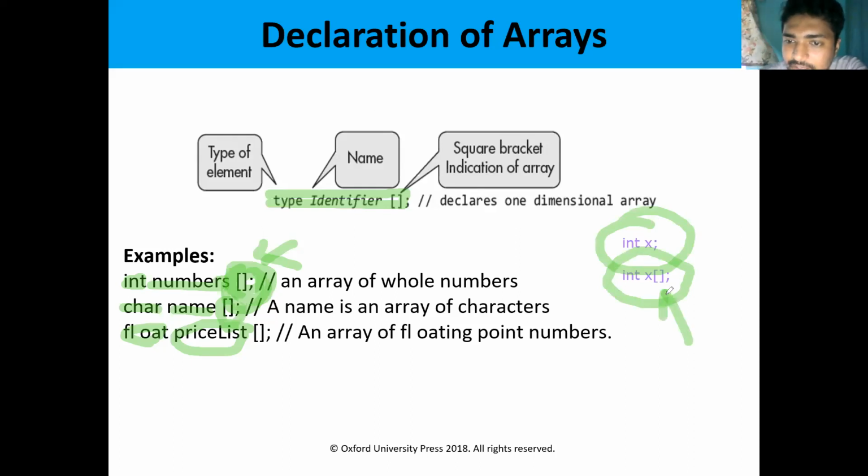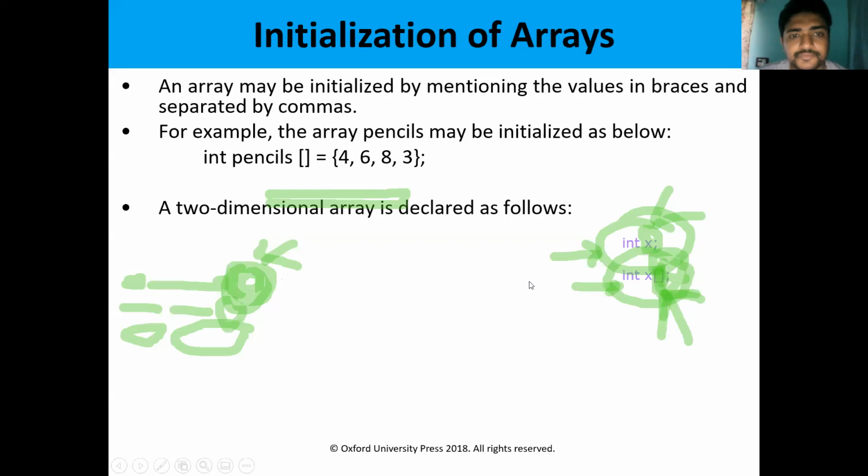To reflect that, we use the subscript. A general variable doesn't have any subscript because it has only one element to store. But in an array, we can store multiple elements, based upon the size: 5 elements, 10 elements, any number of elements. That's why we give the subscript here, to differentiate a normal variable from an array, using square braces. So this is the declaration of an array.